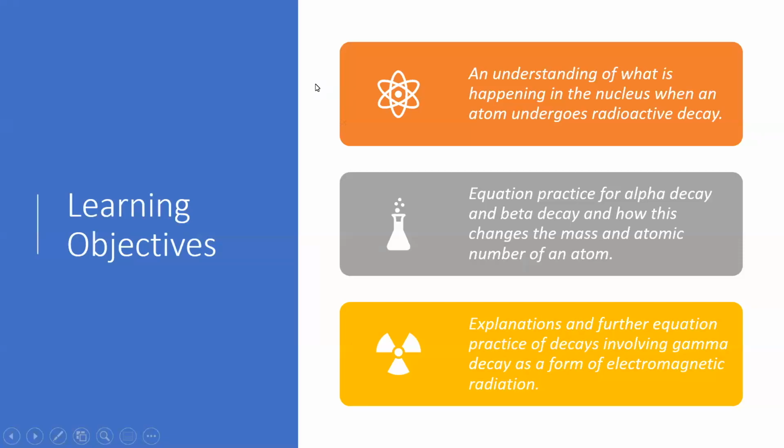Okay, so learning objectives today. Number one, an understanding of what is happening in the nucleus when an atom undergoes radioactive decay. Number two, equation practice for alpha decay and beta decay, and how this changes the mass and atomic number of an atom. And number three, explanations and further equation practice of decays involving gamma decay as a form of electromagnetic